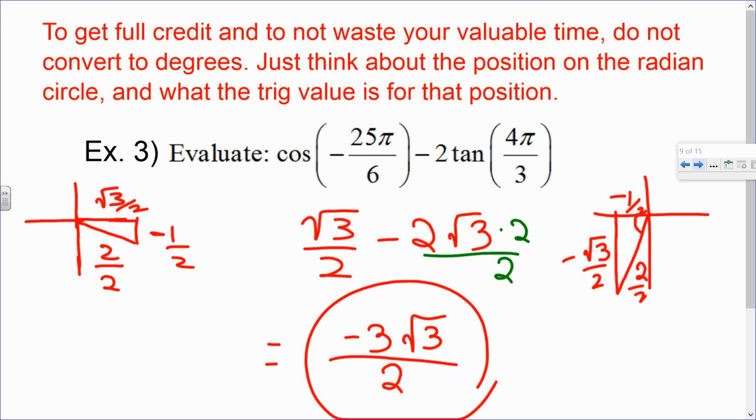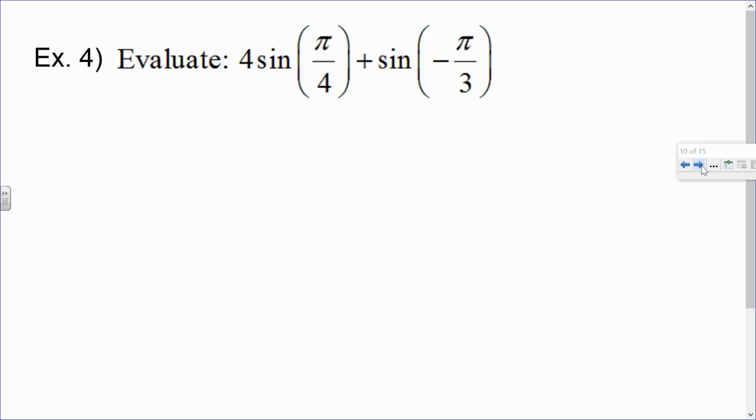Let's do one more of these, and then we'll move on to linear equations, different forms of them. So 4 times whatever the sine of pi over 4 is. So I want everybody with your hand, show me where on the unit circle pi over 4 is going to be. Everybody. Okay, so first quadrant, halfway up towards the y-axis. If we are right there,